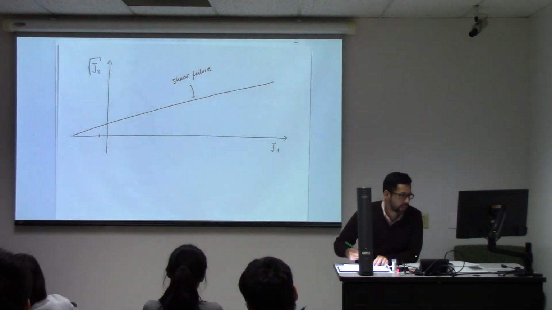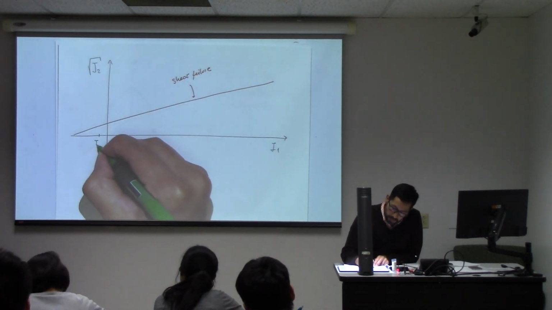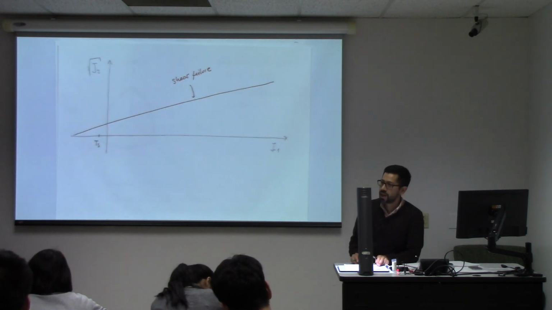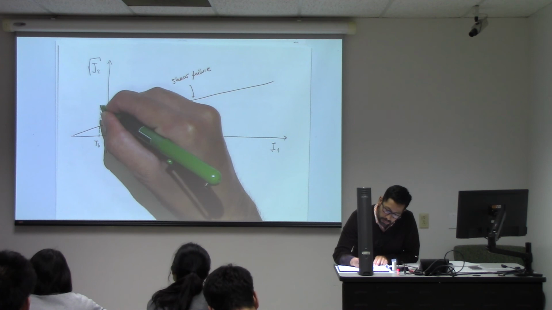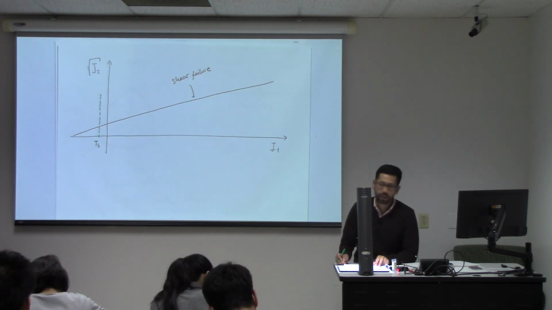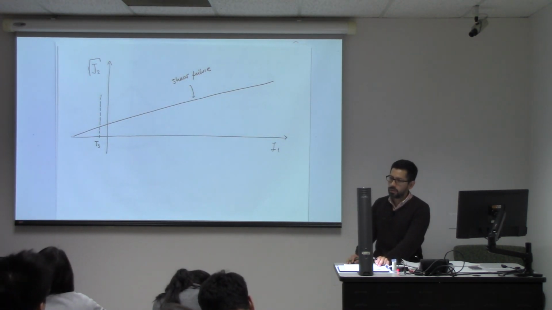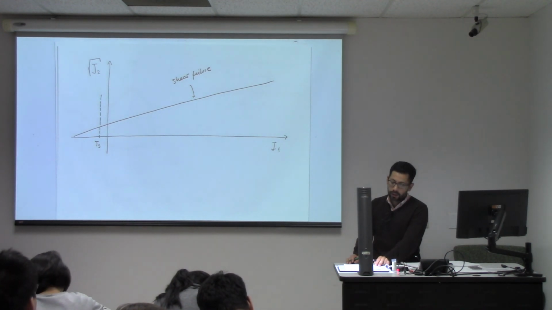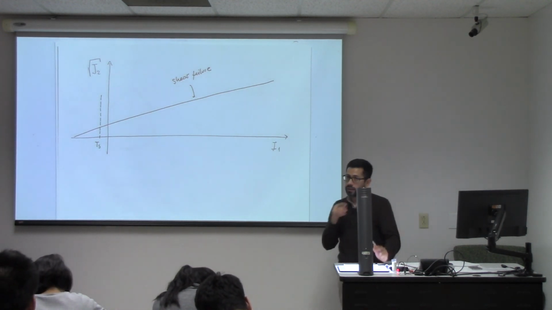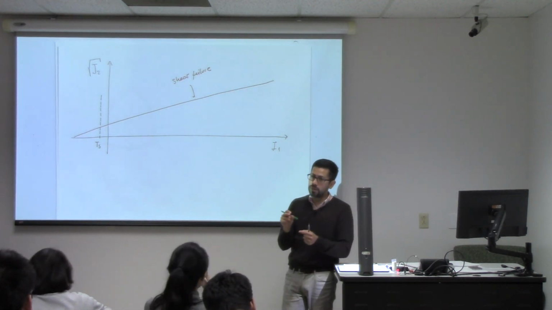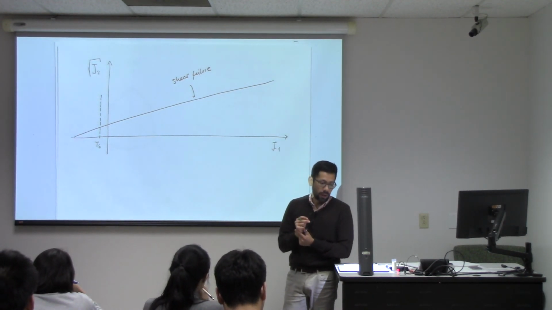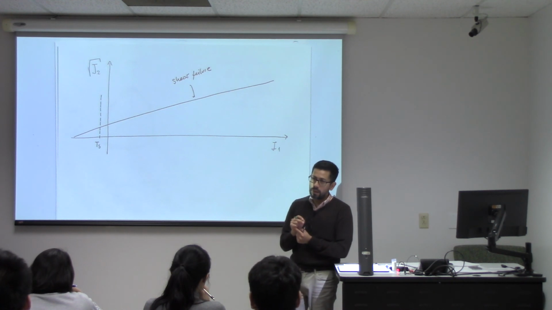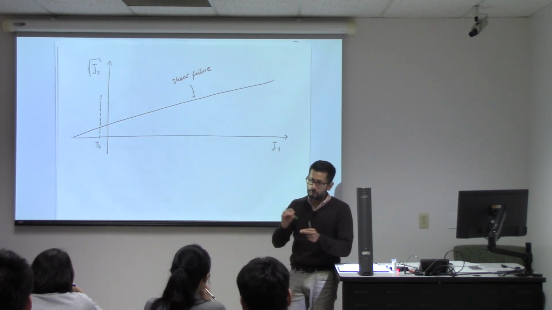So somewhere over here, I'm going to have tensile strength. I cannot go below that line because the material is going to fail in tension. You will find that actually, if you have a biaxial state of stress with one of the stresses not equal to 0, you can have a little bit more sophisticated